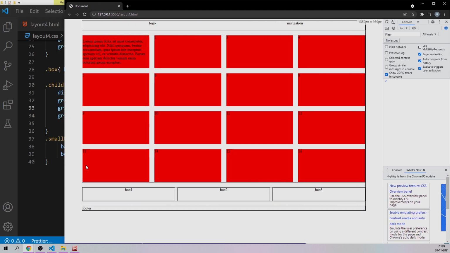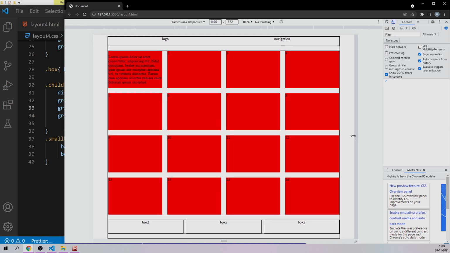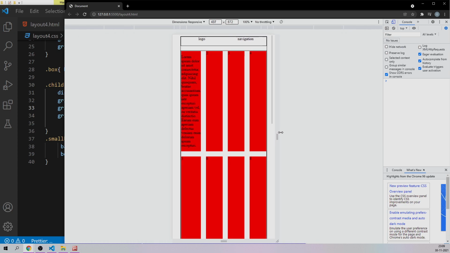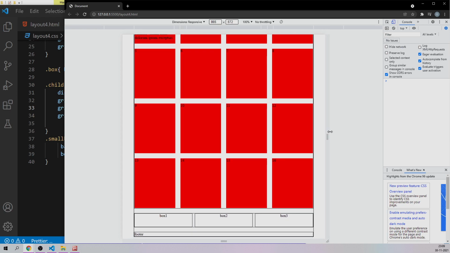You just have to hit F12 if you're using a desktop, or if you're on a laptop, you have to use the Function key and F12. Then you come to the screen and click on this first option. This is going to give you the responsive dimensions. Right now, whatever the width of this one is, it is going to be displayed here, width and height. It is going to change like this, and you will be able to see how exactly your website or app is going to look right now.